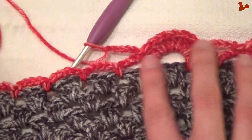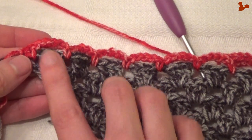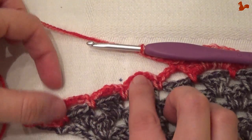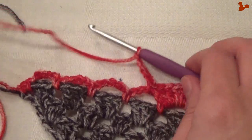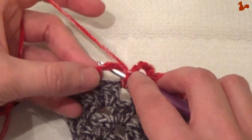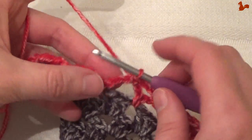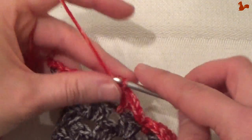So you're going to repeat this unit until you get to here, and I'll see you here just for the last part. So you've done your repeat until you have 3 chain 5 spaces left, and these 3 I'm going to do a partial repeat. So I've got the chain 5 here, make a single in the third last chain 5 space, and in the second last chain 5 space I'm going to work 8 doubles,